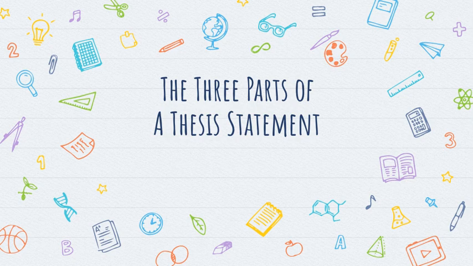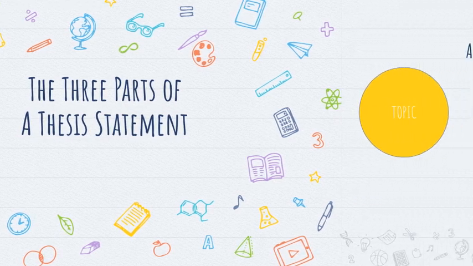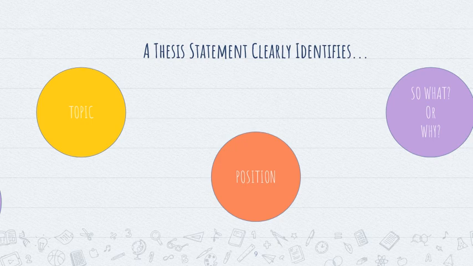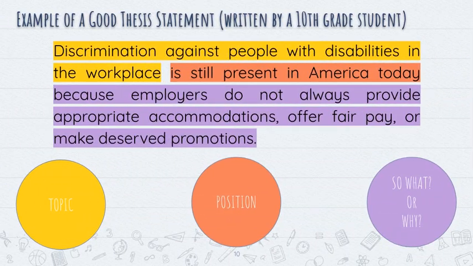There are three parts of a thesis statement, and they are the topic, the position, and the so what or why. Now let me show you with an example. This thesis statement, written by one of my 10th grade students, reads, "Discrimination against people with disabilities in the workplace is still present in America today because employers do not always provide appropriate accommodations, offer fair pay, or make deserved